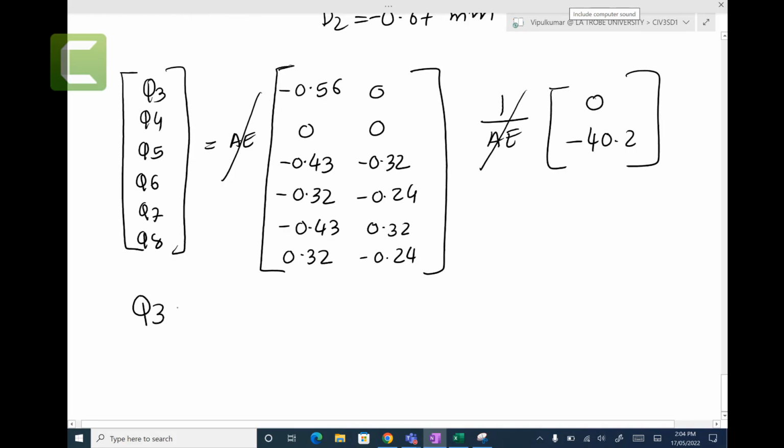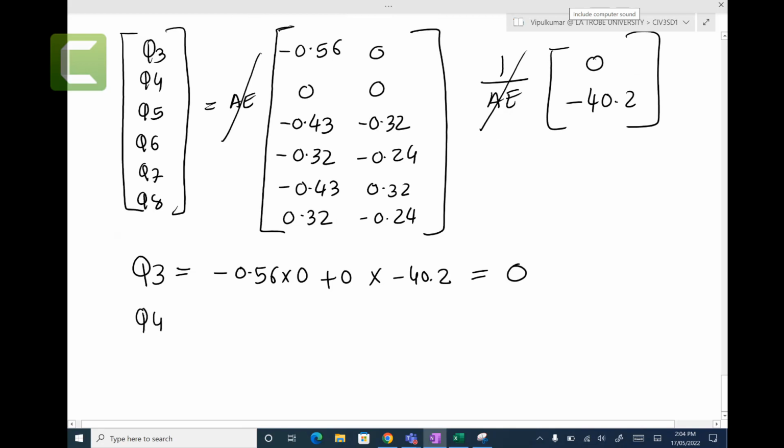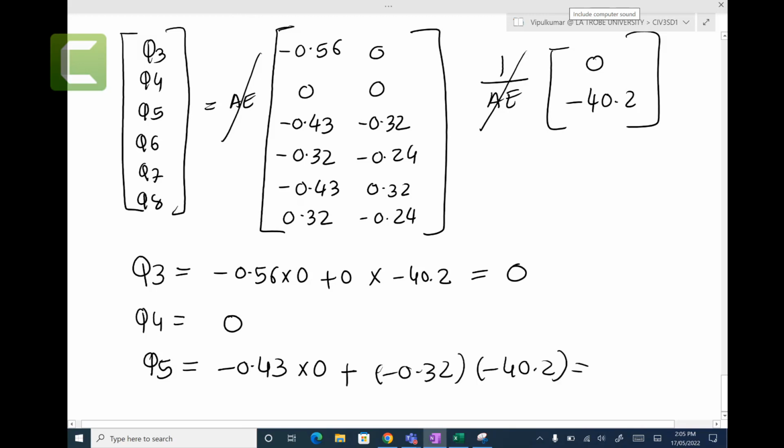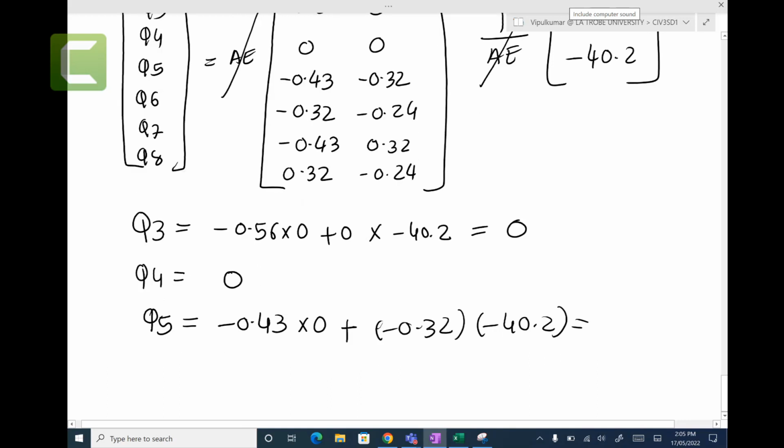For Q3 equals minus 0.56 times 0 plus 0 times minus 40.2, which is 0. Q4, which is 0. Q5 is minus 0.43 times 0 plus minus 0.32 times minus 40.2,